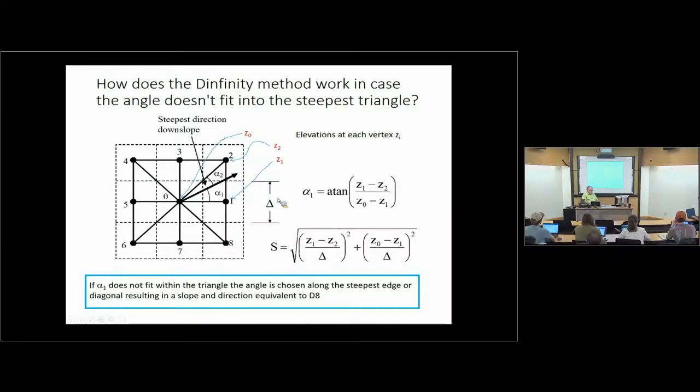edges, and if you think of the elevation difference between the center point and one of the edges, you can get the component of the slope in the x direction. That would be, say, z0 minus z1 divided by delta. If you look at the